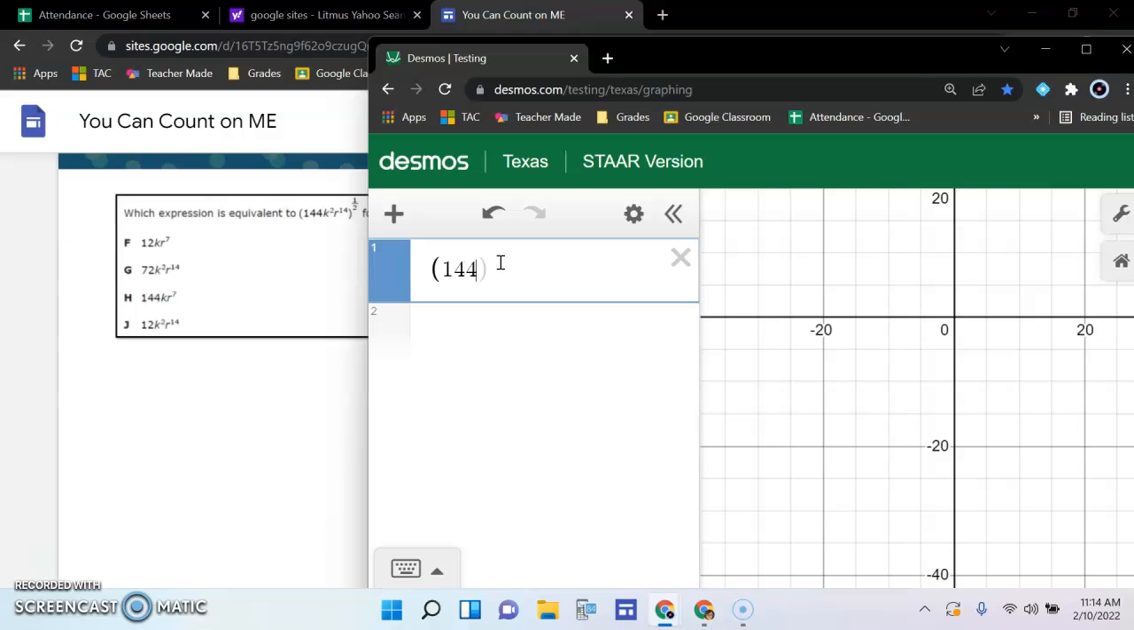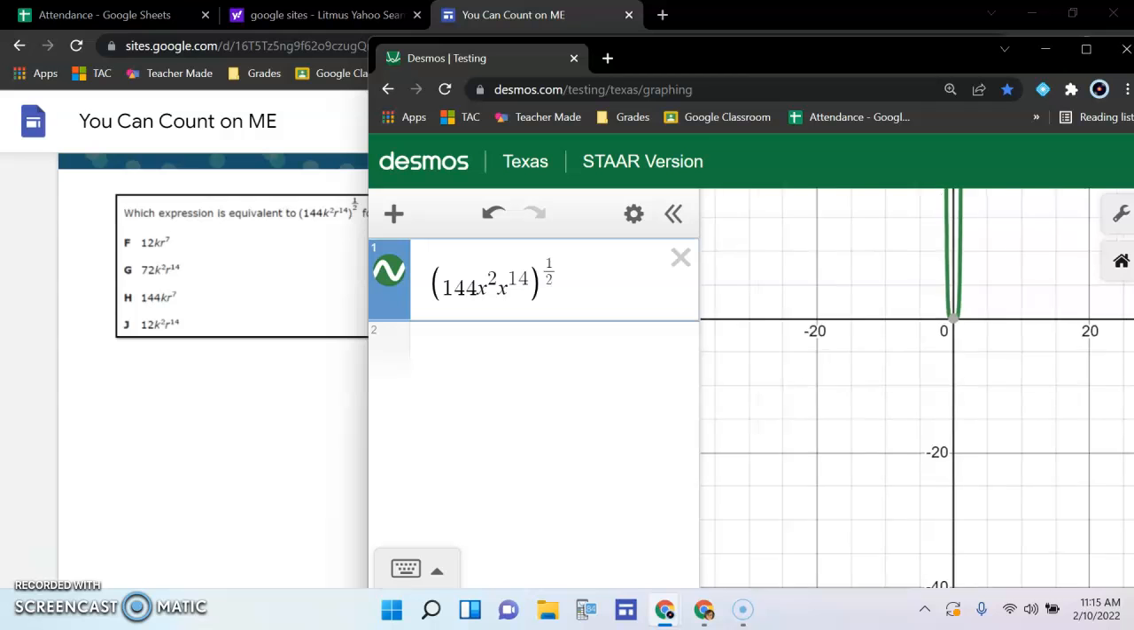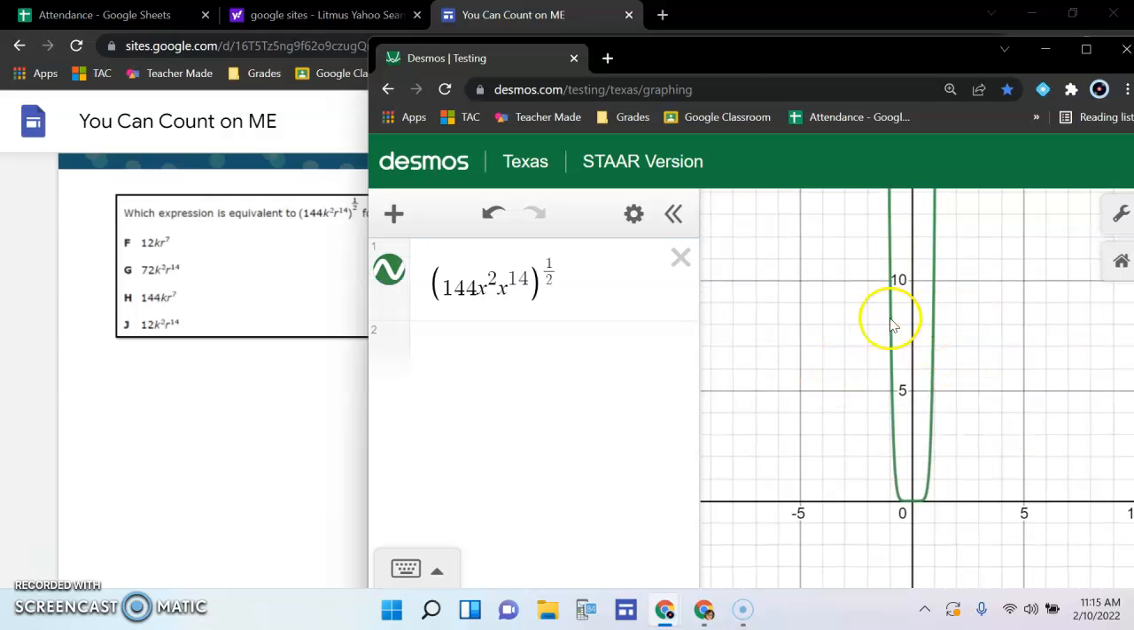Parentheses 144, tell your student to change all the letters to x's. X squared to the right, x to the 14, press right to come back down, x, that's it, and then parentheses, and then you're going to go up, and then 1 divided by 2. So now that we have this one right here, we have this graph, we're going to see which one matches